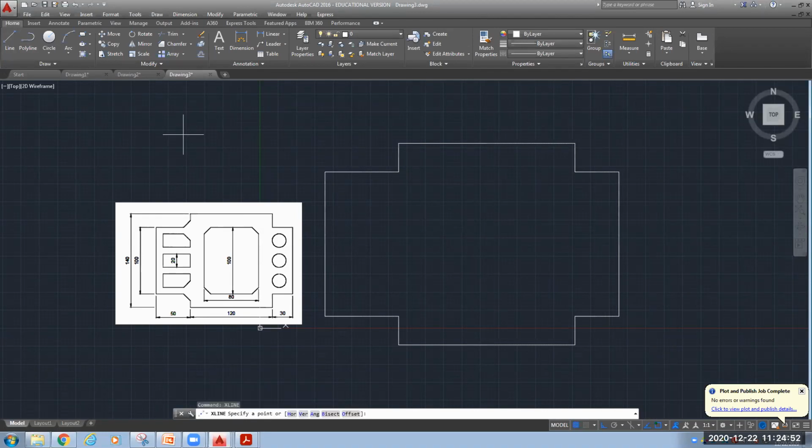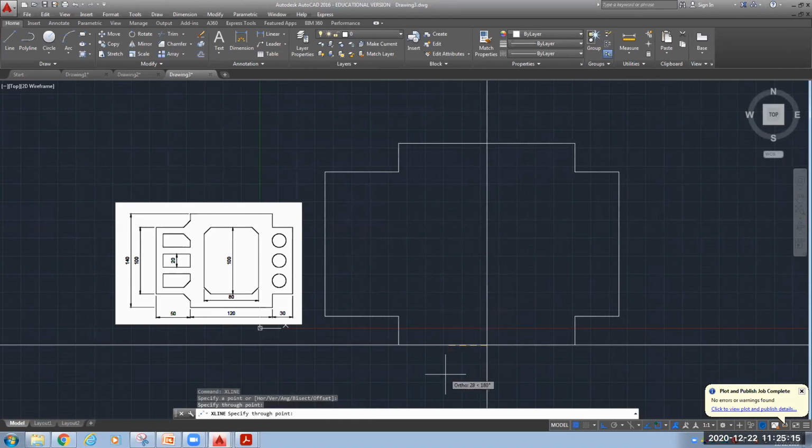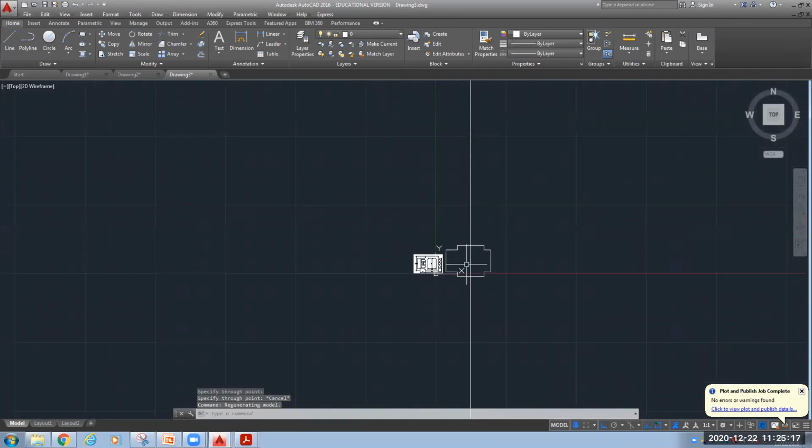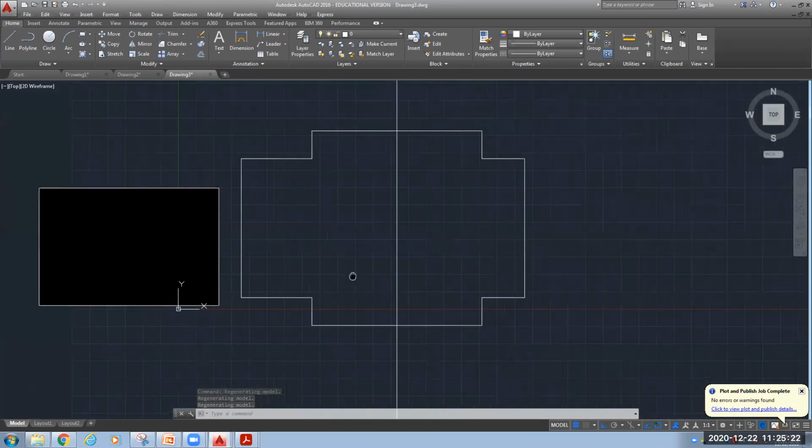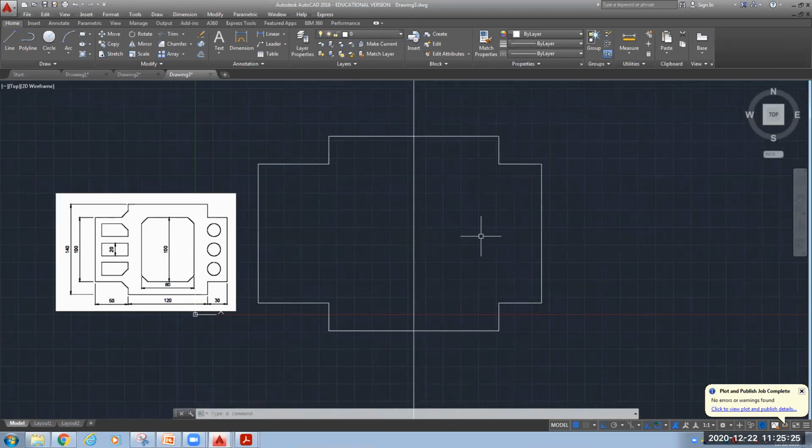See here, I just need to specify one point. Suppose here I want to specify from the midpoint I want to draw. Okay, so you can see one green color rectangle and cursor is suggesting me that that is the midpoint. So from this point I want one line. Now you can see it is of infinite length. Only what we can do, we can control its direction. So I need to go with vertical direction. So you can see this is the line of infinite length. That is basically the construction line. Later on, I will delete as per the requirement. But for time being, this is my line segment.